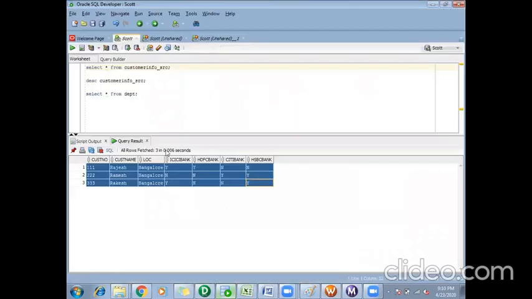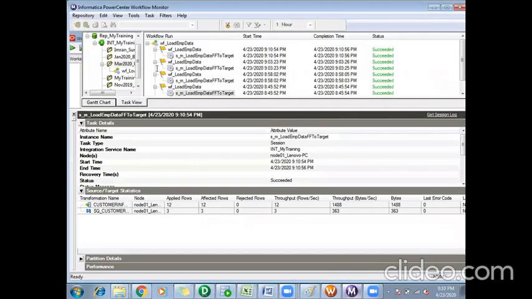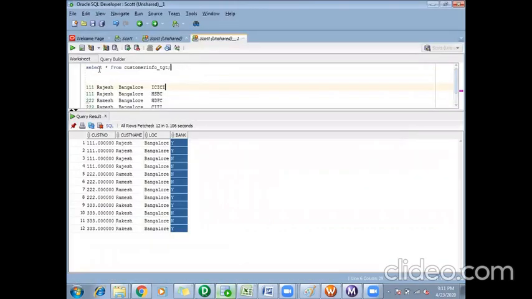My target earlier was having this bank column with NY. Now after rerunning, my mapping has succeeded. If I check my table, I can see the values of the banks. Okay, hope this is clear.